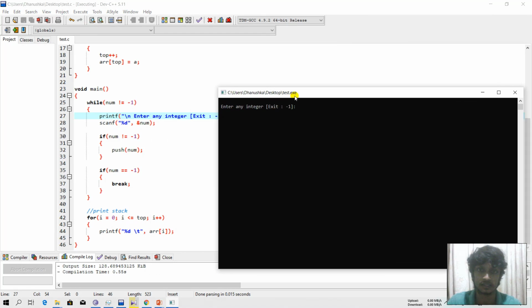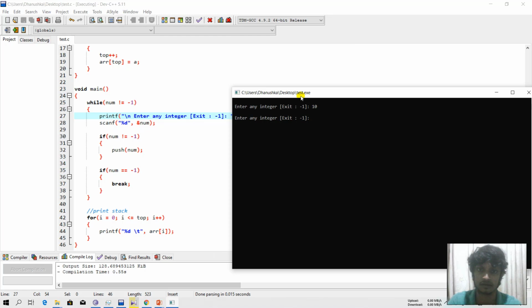So enter an integer. I'll add 10, then 5, then 89 maybe, then again 4. Imagine those are the elements the user wants to insert. Now I can break our loop by inputting -1.